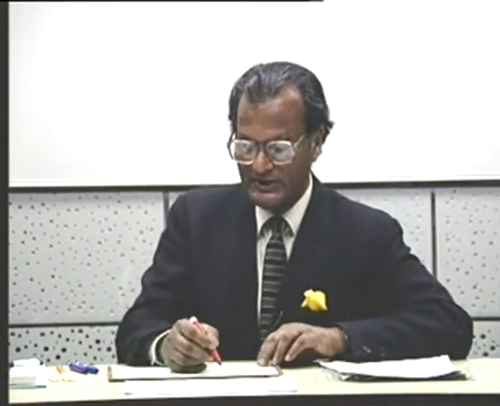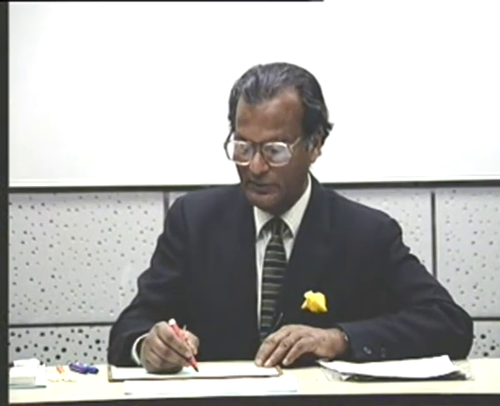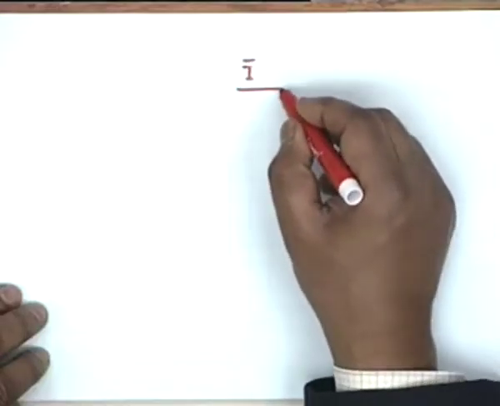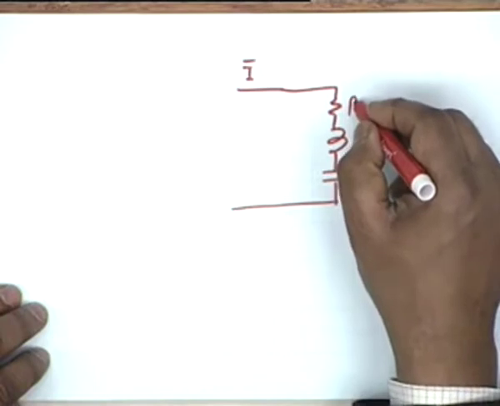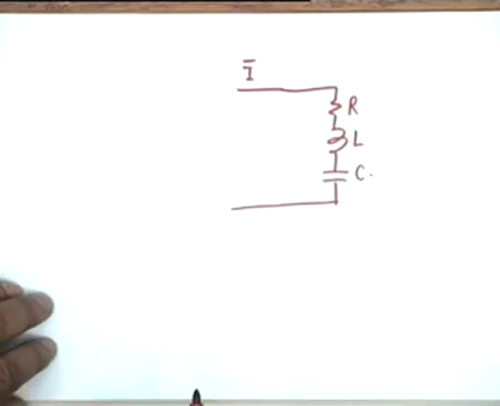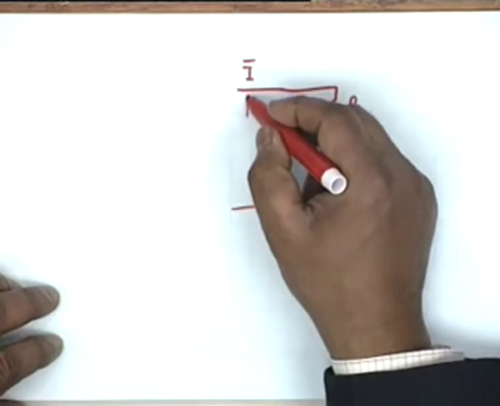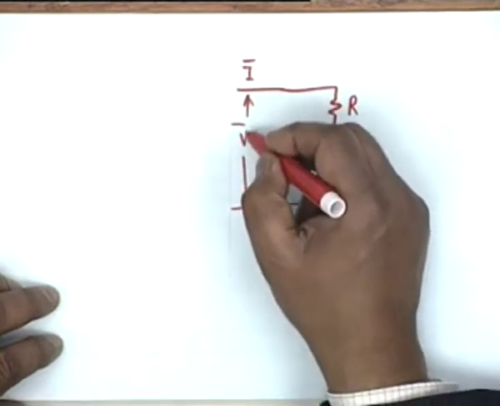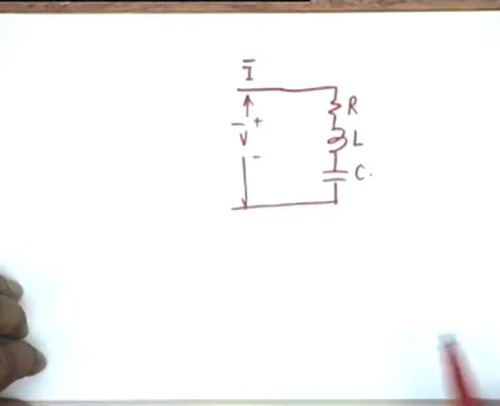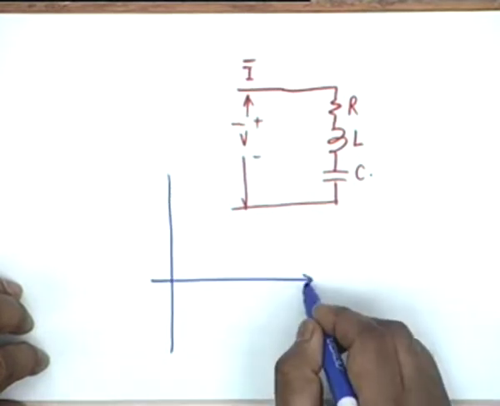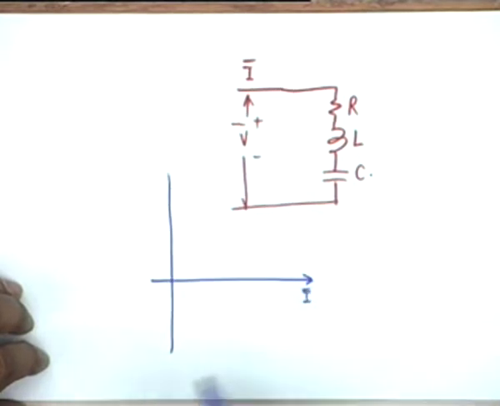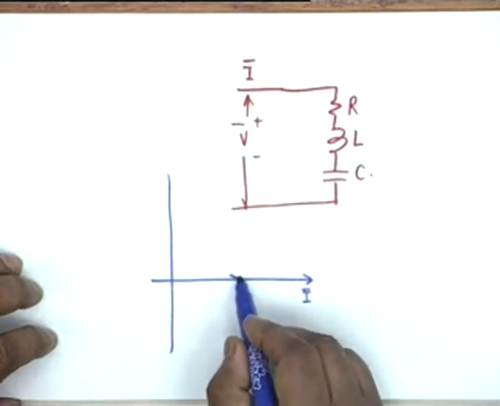resonance, can also be expressed in terms of current and voltage. Suppose we have a current phasor I which is fed to the series combination of R, L and C, then the phasor diagram can be drawn with regard to, let the voltage phasor be V, then if this is the current phasor I, then the voltage drop across the resistance shall be IR, and this obviously is in phase with I.